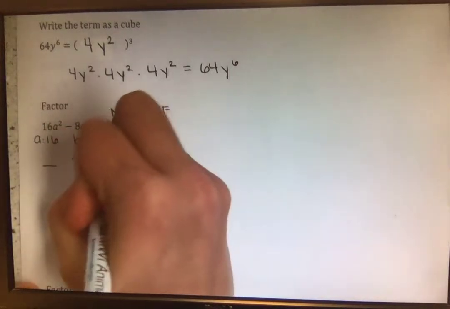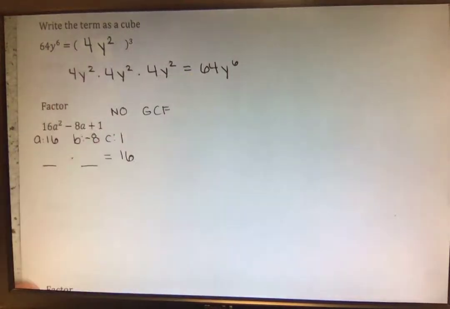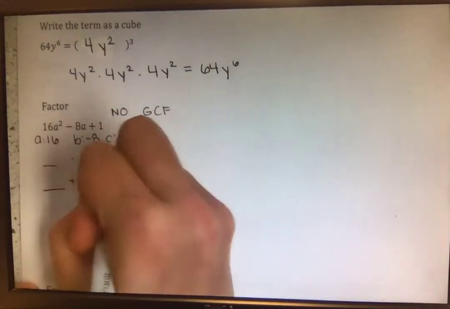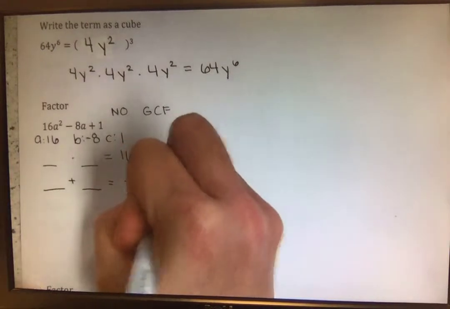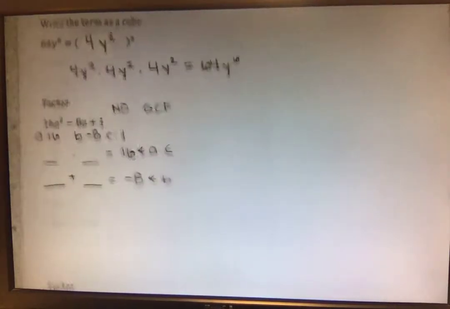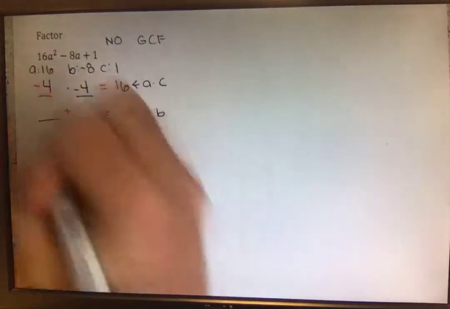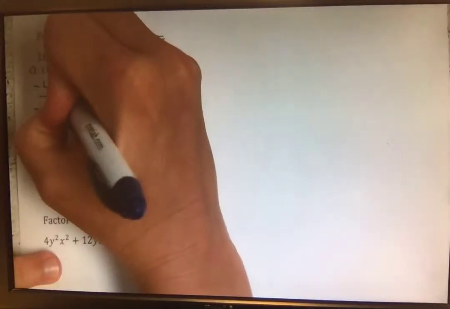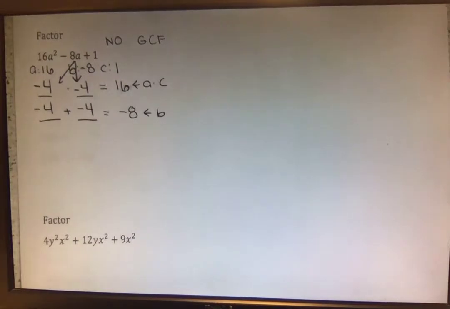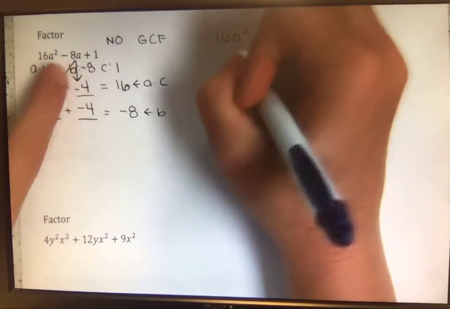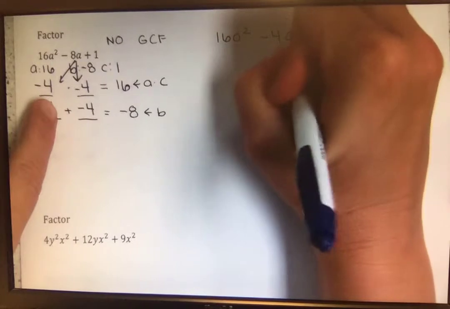So we are looking for two numbers to multiply together to give us A times C. So 16 times 1. And the same two numbers to be added together to give us -8, which is B. So I'm thinking -4 times -4 is +16, and -4 plus -4 will give us that -8. So we're going to use those two numbers in our blanks to split up that -8a. So we have 16a squared. Instead of that -8a, we're going to use the numbers in our blanks. So -4a